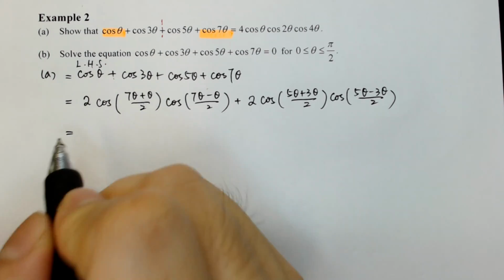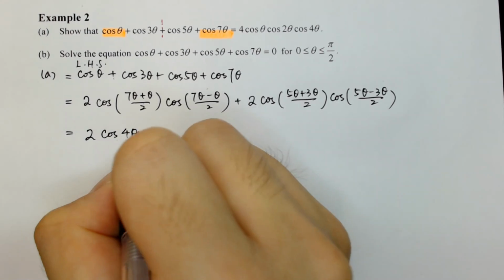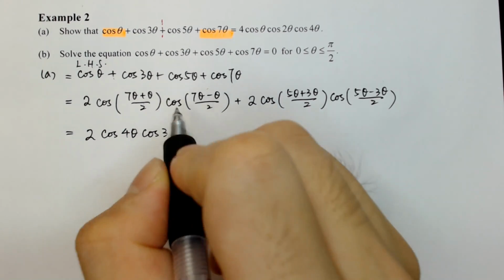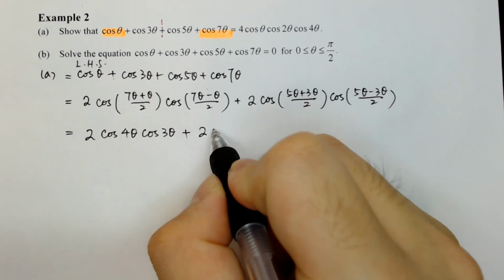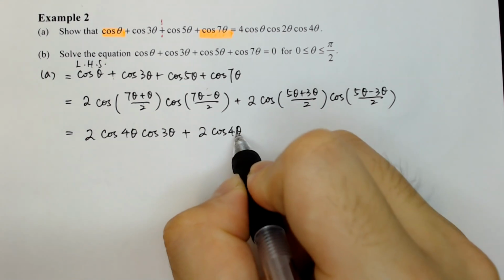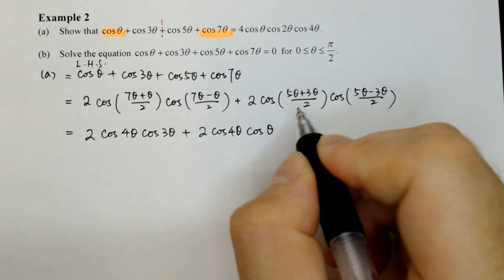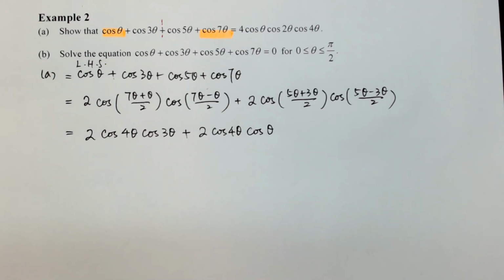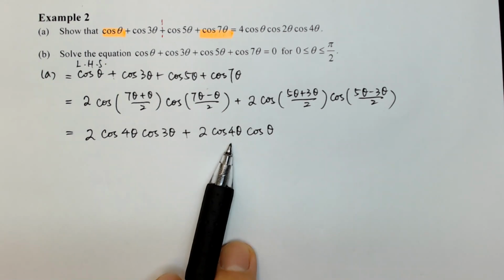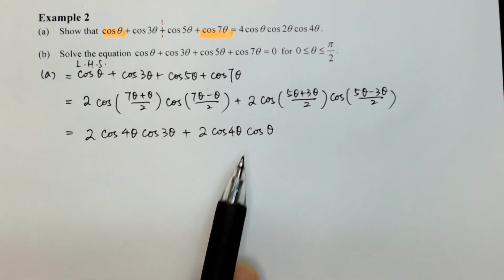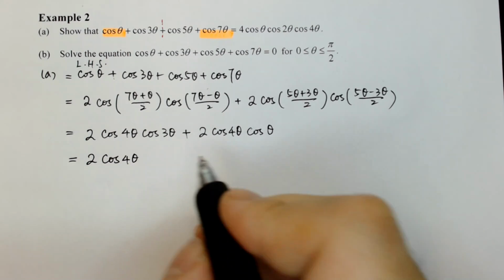Okay. Now, what do we have here? We have cosine 4 theta, cosine 3 theta, and we don't know what to do for this now. 2 of cosine 4 theta and cosine theta. Okay? And since on the right is a product of things, you can see that there are common factors, 2 and cosine 4 theta. So we pick out 2 cosine 4 theta, and